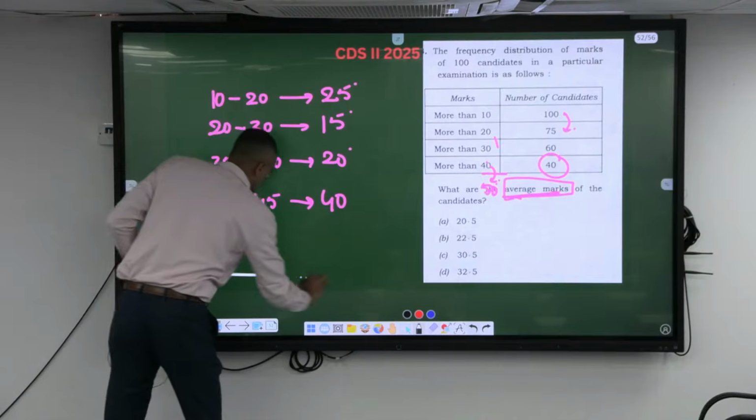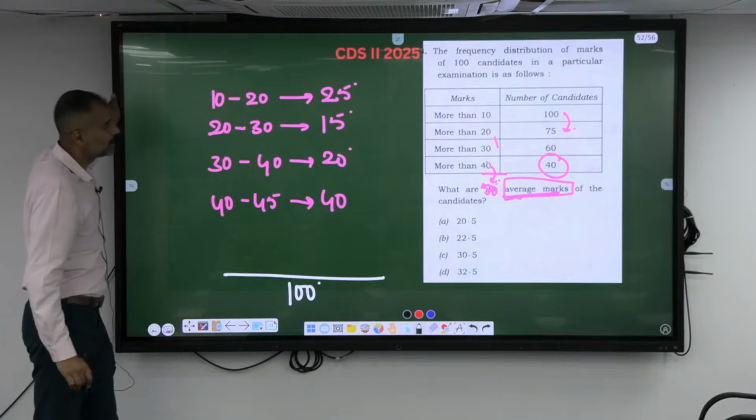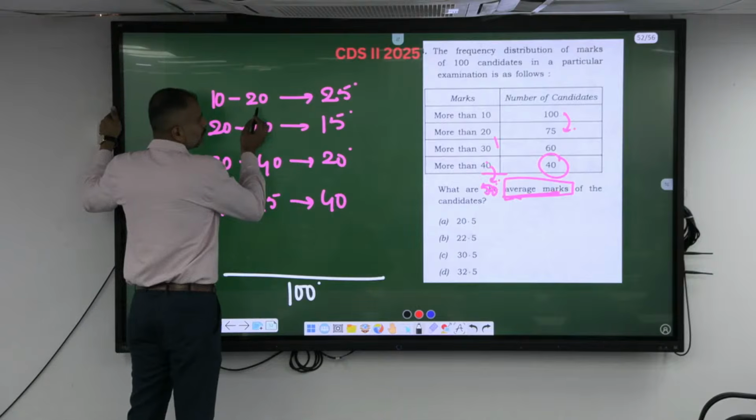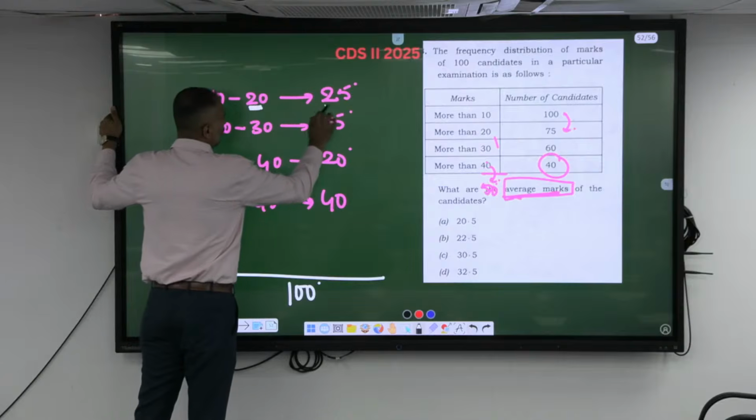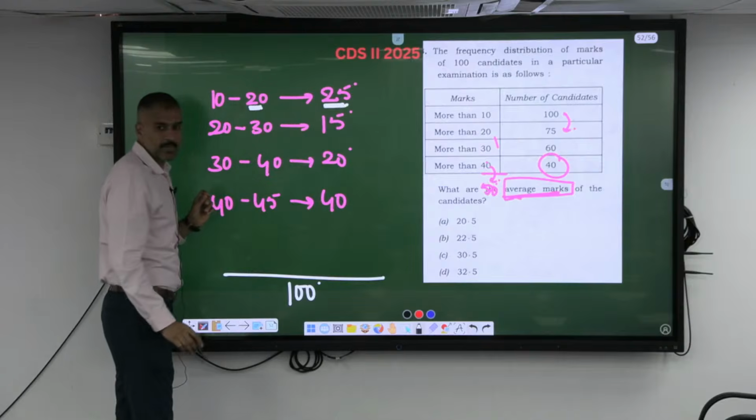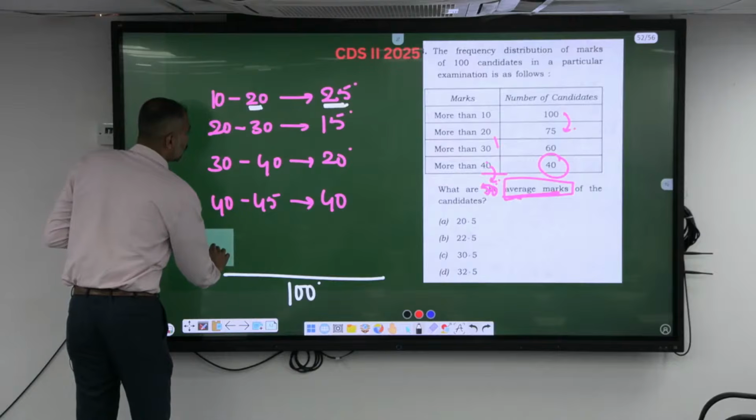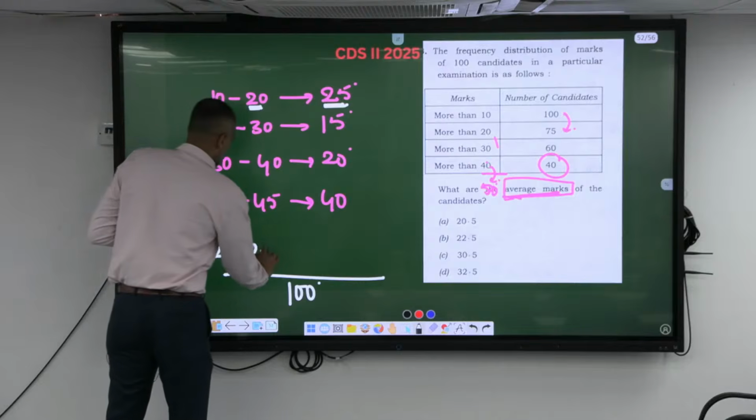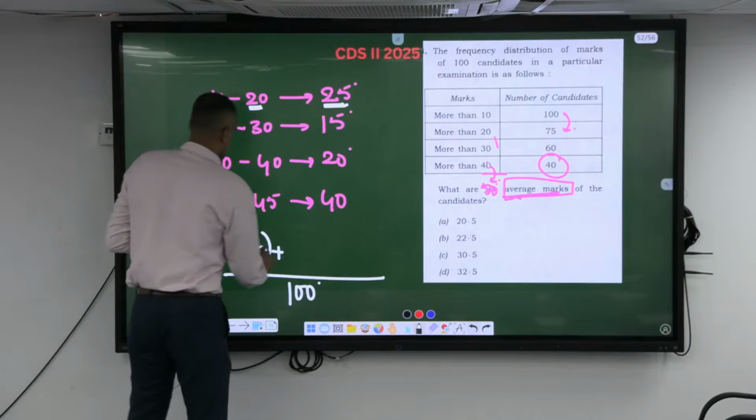What is the total number of candidates? 100 candidates are there. Now, in this range, how many students are there here? So, can I consider this one as 25 into 20 plus 15 into